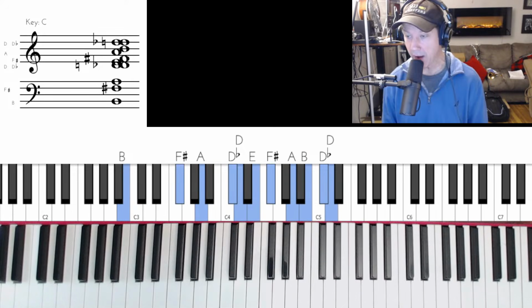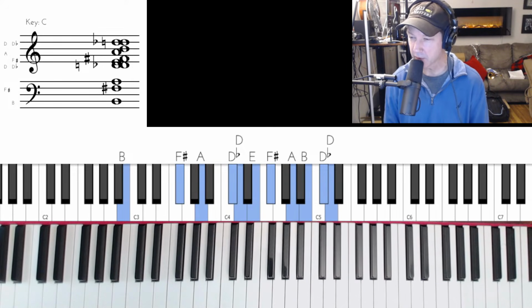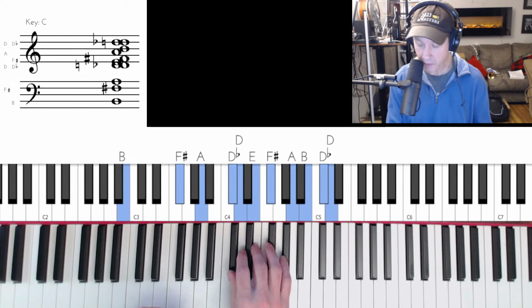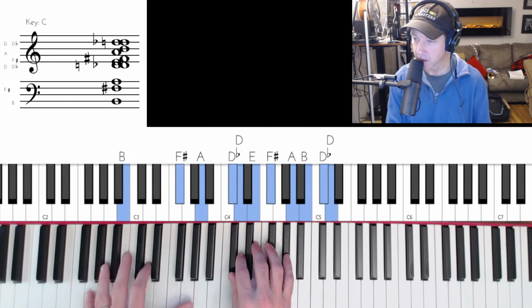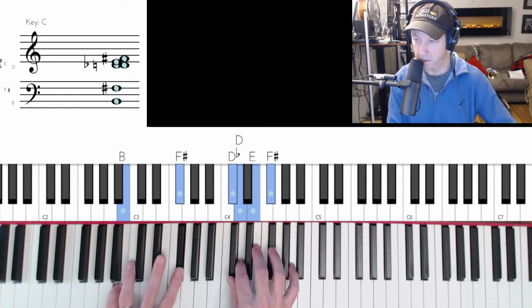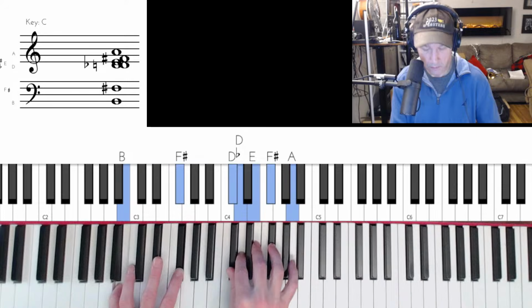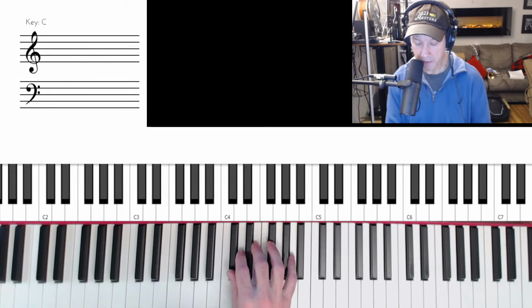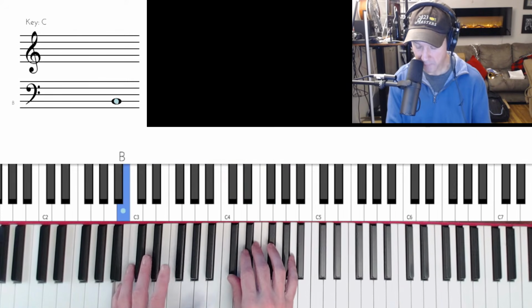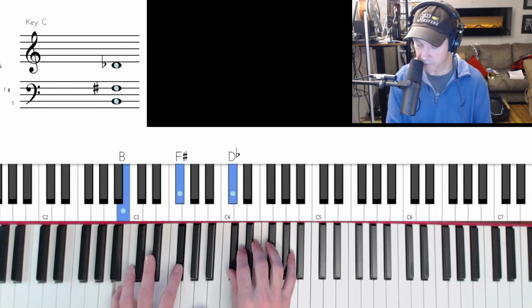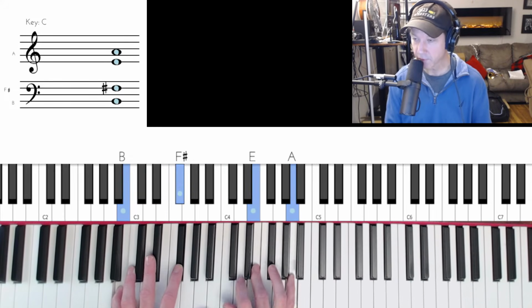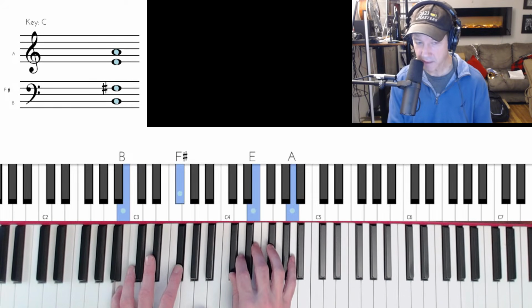So you do that for a while, and then we had a couple of other really important things I want to talk about. We have this idea to change it up just a little bit, and we do this. And all I'm doing here is I'm thinking like B minor, but I'm doing thirds, right? Thirds to fourths. It's nice to do a mix of